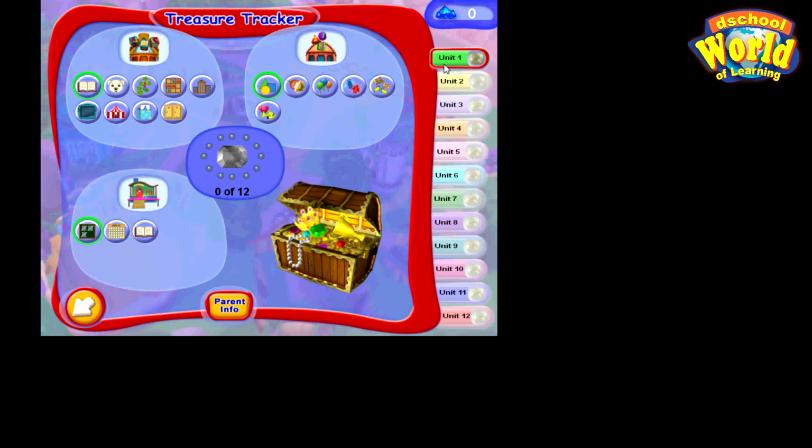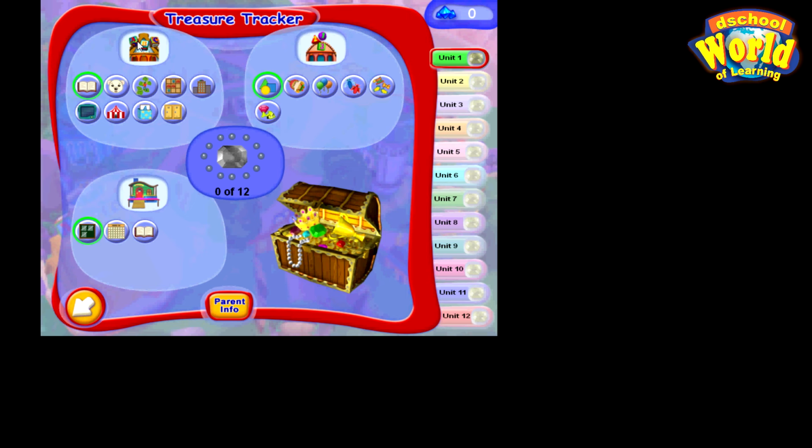Unlike the blasters, you can't change the level in this game, or choose the unit to play. Until a child has finished all the activities in unit 1, the program will automatically unlock unit 2. Are we together? And if a child has done all the activities inside the treasure tracker and unit 2 is not yet unlocked, then it means that the child has to do some outdoor activities. There are indoor activities and outdoor activities. For instance, this is an indoor activity and we are in a math arcade.